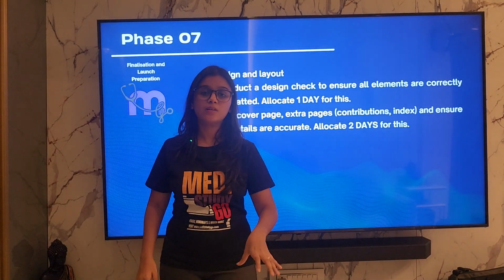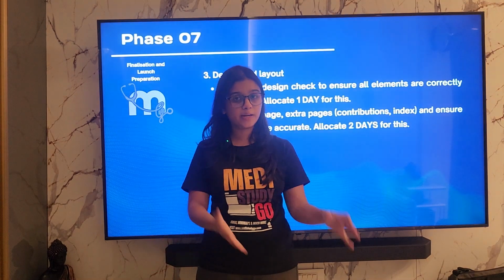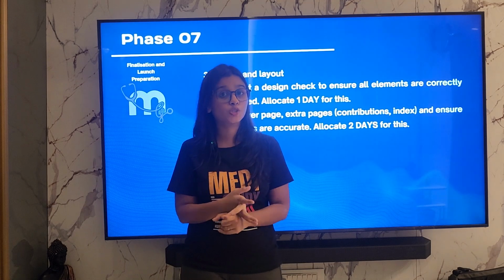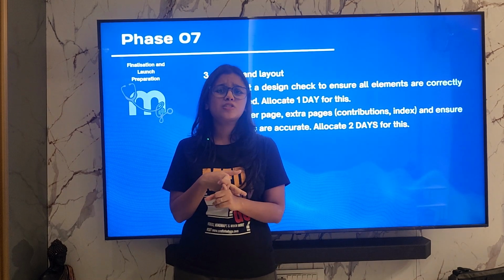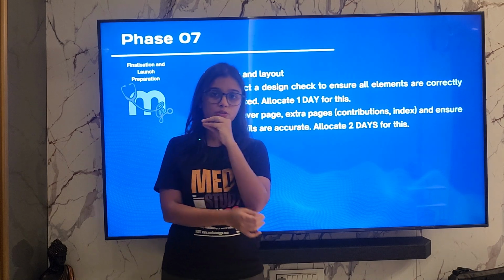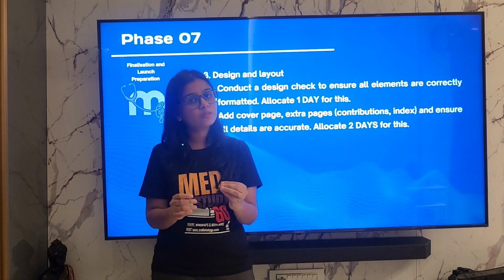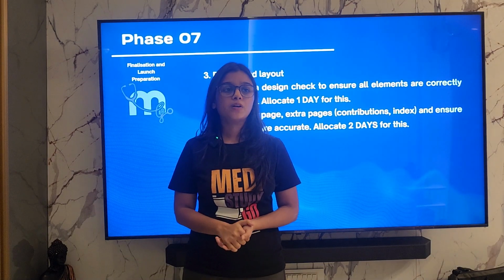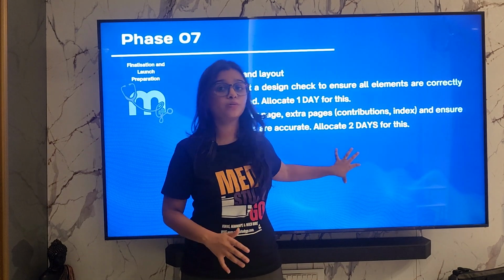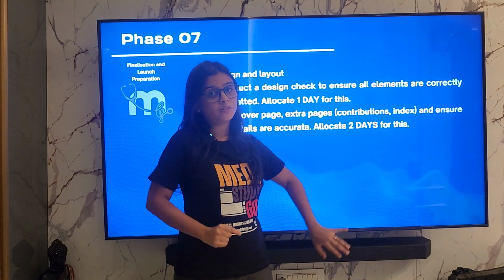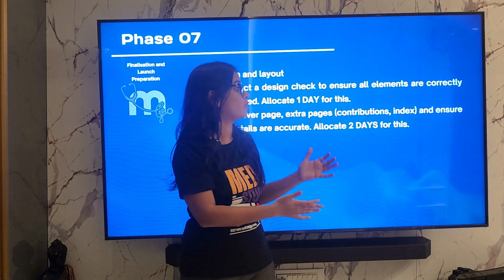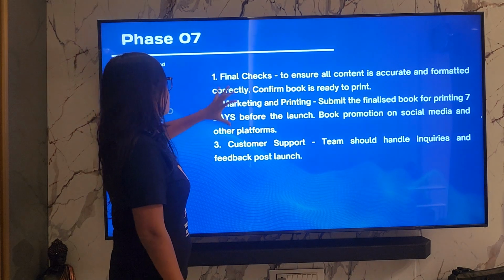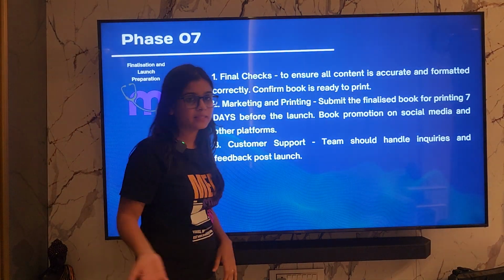So we have a design head, Dr. Farzana, who's also the chief operating officer and the head of vision. She makes sure that all page numbers are there, all the design elements are correct, everything is visually readable. She has an attention to detail, her eye goes to every nook and corner of the page. So before the book releases, we make sure that we have a proper design check, again done by her. We need to give her enough time, at least 2 days for each volume of the book that you're releasing, so that she can give her best in order to make your book look very aesthetically pleasing. Final check, marketing, printing, customer support, as I said, will be taken care of by us.